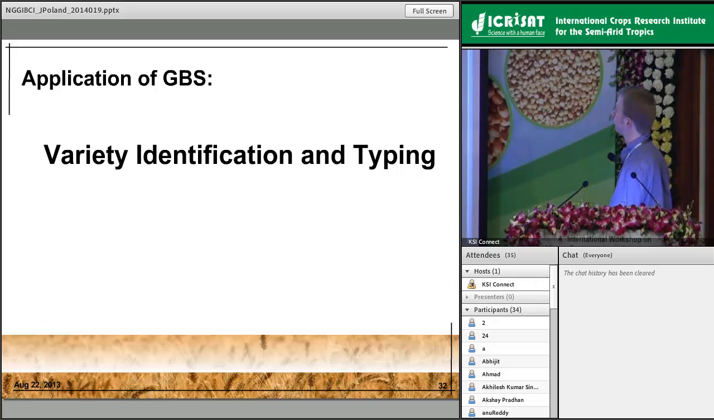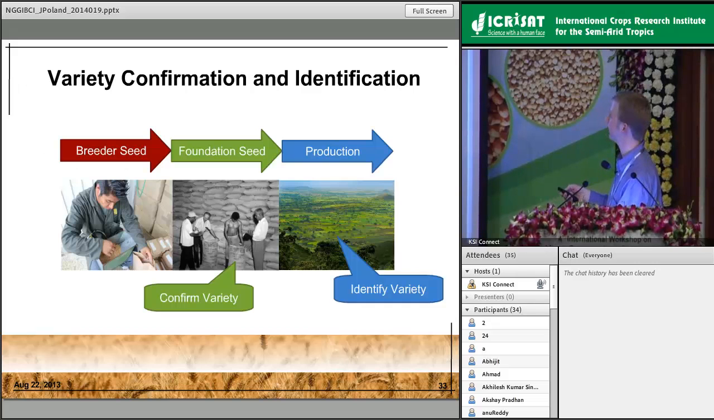And so we talk a lot about breeder seed and the breeding process, but then there are all these important steps: this goes to foundation seed, it gets increased, and then it gets grown and produced on farms. And so at this step,